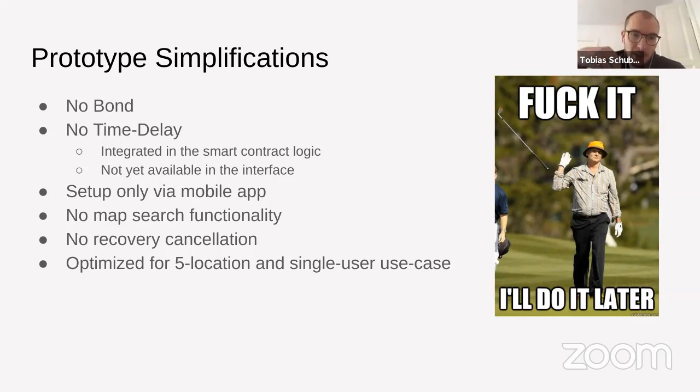The simplification we did was, so far, anyone could basically just trigger it and try it out, and there's no drawback to it. So basically, if someone would just start a brute force attack, they wouldn't lose anything other than just gas fees. So it would make sense at some point to put in a stake or a bond. Also, we should add a time delay between the recovery being triggered and it actually being executed. And also, for the mobile app, we could also do the setup via a React app. And, you know, some of the UX could just be improved.